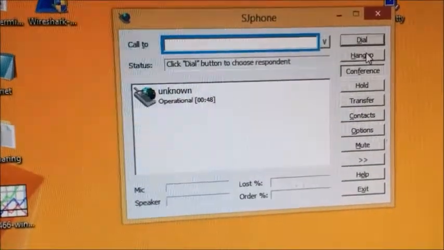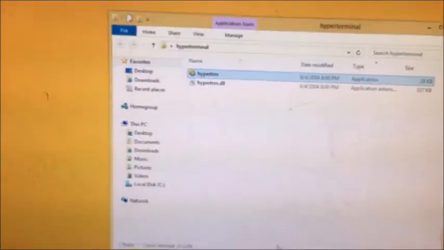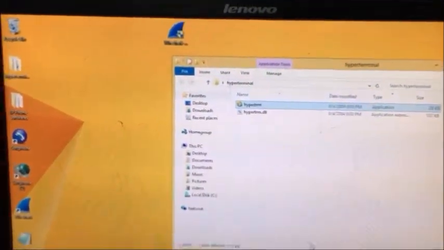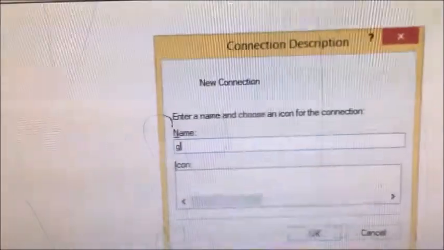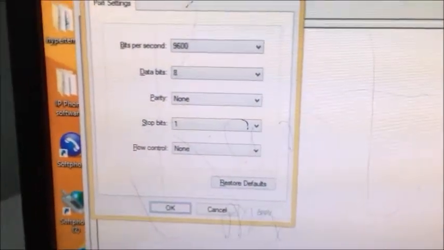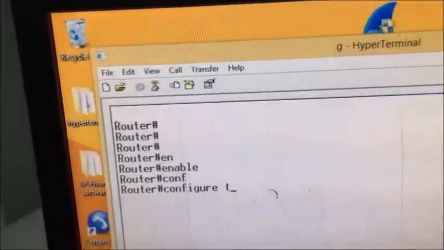Now I will show you how to set up the access control list so that we can provide security to the system. In order to provide security to the VoIP setup, I will be going on to the router configuration. Now you can see the hyperterminal from where I will be configuring the router. I will be giving an initial name to the hyperterminal. I am restoring the default settings of the COM port. Now moving on to the console port of the router, I will enable the router. We are getting into the configuration mode where I will provide access list.